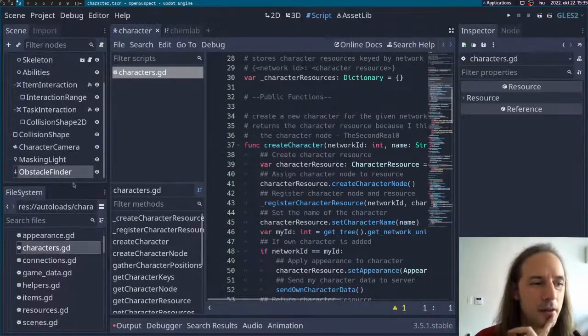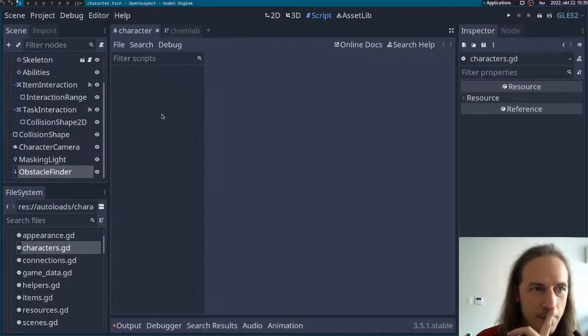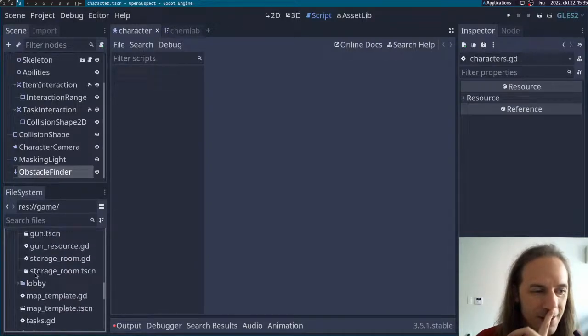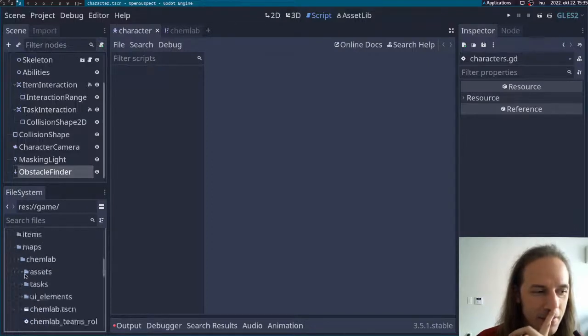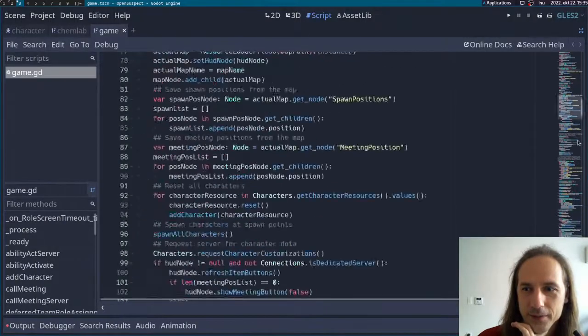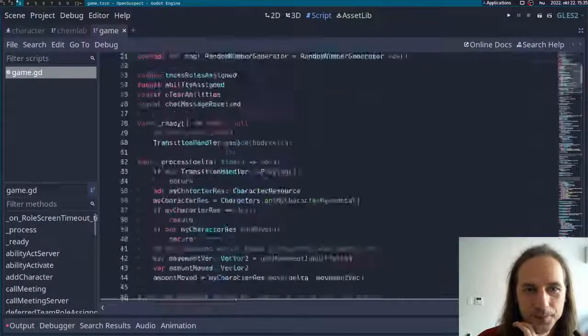No, if I'm thinking about it even more, it would be better on the game. Let's take a look at our game.tscn. Our game script is horrendously long,